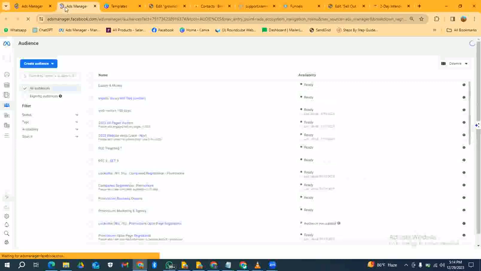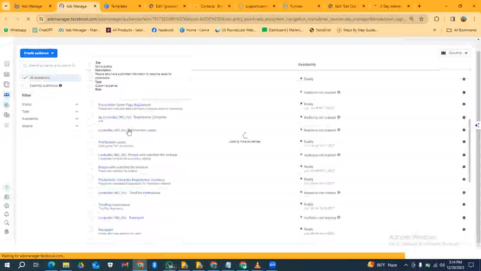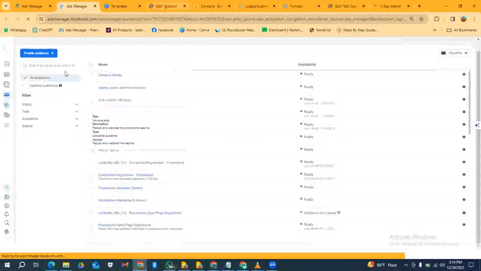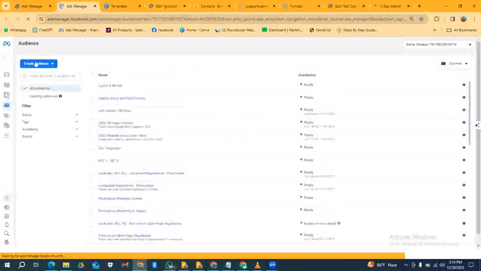So once it opens up, it's loading. Okay, so once it opens up, I actually have a lot of audiences here already, which I use. So all you need to do right now is to come here and click on create audience. Once you click on create audience, you're going to see